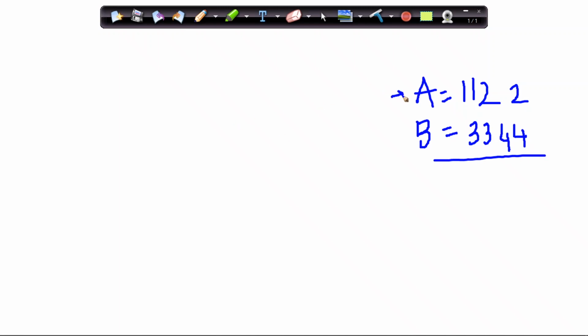I'll make port 0 my input port for A, and port 1 an input port for B. The output, which is 4466, I'll show on port number 2.